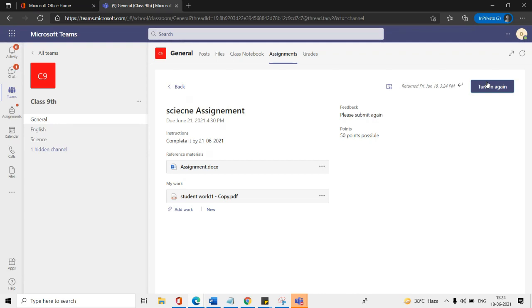One more query: in Teams calendar, many times almost everyone is facing this problem. We don't get notifications for all our meetings. We only get notifications for a few of our meetings. All meeting notifications are not reflected on our calendar. So you have to choose a channel and class where you want them. Yeah, that is an alternate way. That is correct. But is there any problem with the calendar or something?